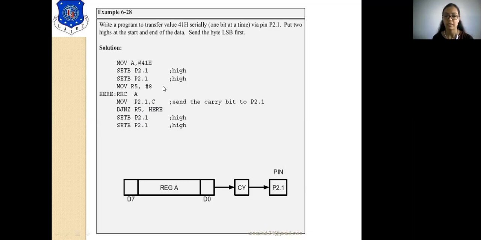R5 will be non-zero up to 8 times, so 8 bits will be transferred one after the other in this looping manner. This is the program for transferring one bit at a time, and you run the loop 8 times to transfer every bit of data to the first pin of port 2.